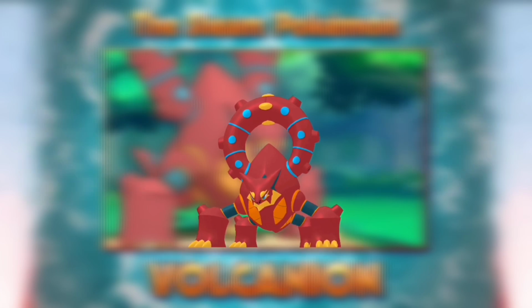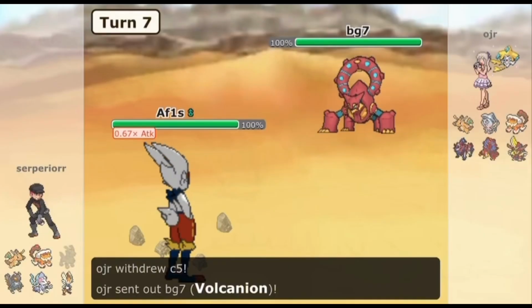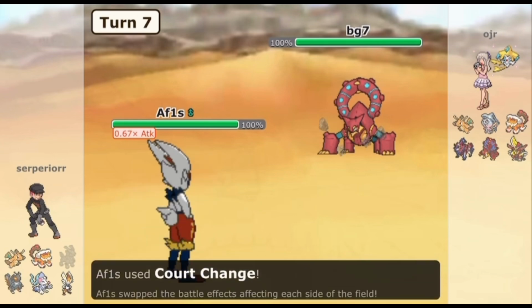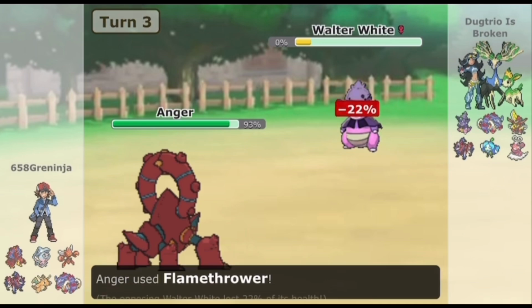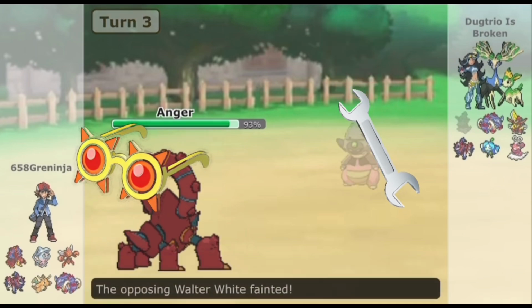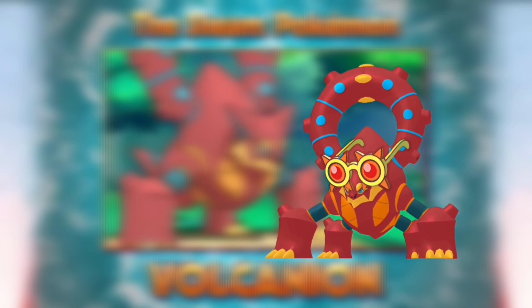It also matches up well into Iron Valiant, Primarina, Cinderace, and Moltres. All this gives Volcanion noteworthy switch-in opportunities to start firing its powerful moves. There are two sets I want to highlight: Choice Specs and Utility. Choice Specs Volcanion is one of the heaviest hitting special breakers in a tier, even rivaling mons like Specs Kyurem